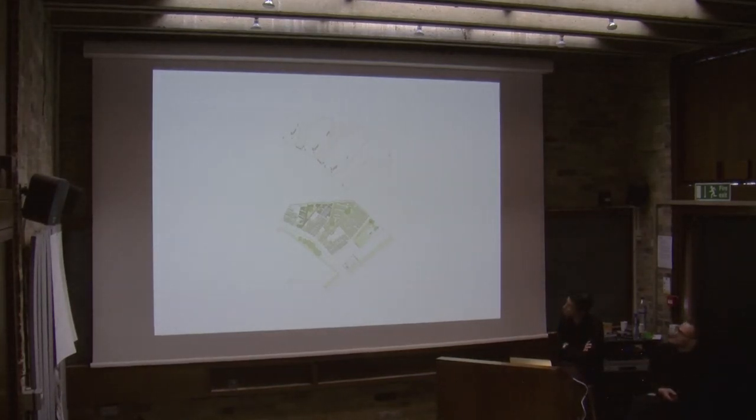It's a very different scale. We've been working on this for the last couple of years. Again, you could say it's a farm space because it's in this industrial estate in South London. We got commissioned to